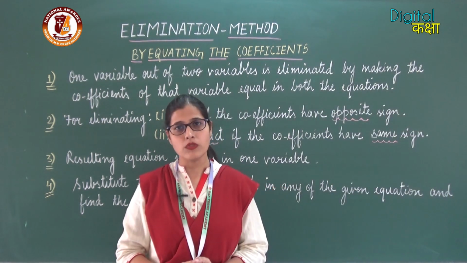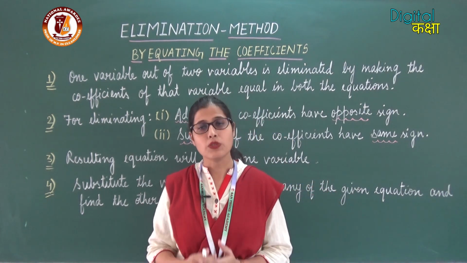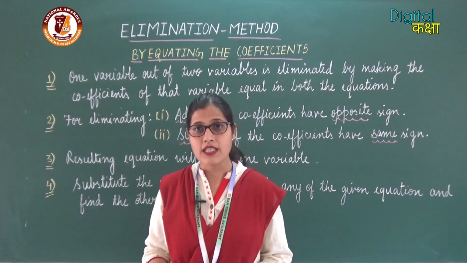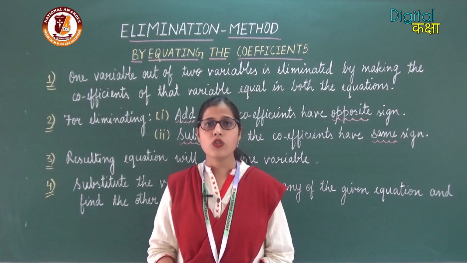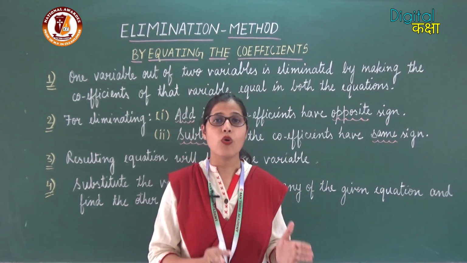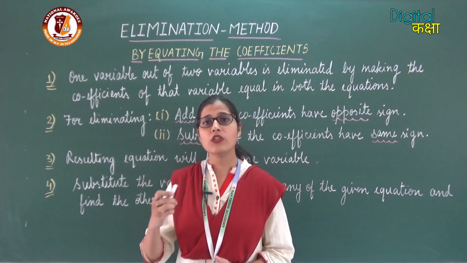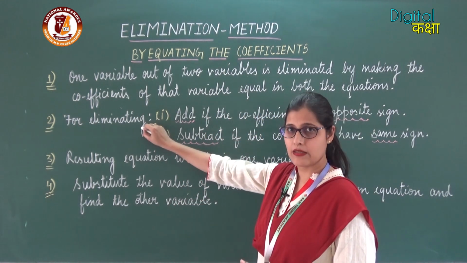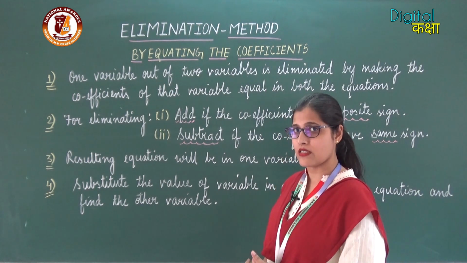Since we are talking about a pair of linear equations in two variables, we will be dealing with two equations, and those two equations will have two unknown variables. So for solving by the elimination method, we will make the coefficient of any one of the variables the same in both the equations. After that, since we need to remove one of the variables from both the equations,